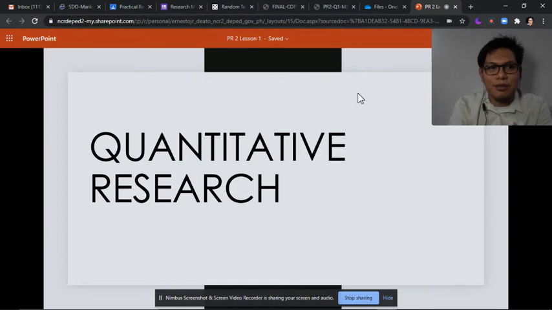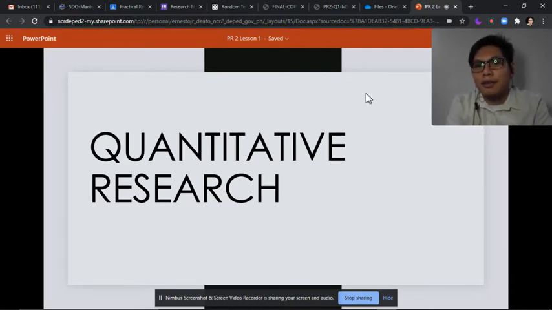So our research for this semester will be quantitative research. So malaki yung difference nito sa ginawa natin last semester. I don't know if the new students experienced to have their research in their respective schools, but last semester I was their research teacher in Practical Research 1, and I asked them to at least finish the 5 chapters. Yun nga lang, during our last parts of the research, na-cancel yung klase.